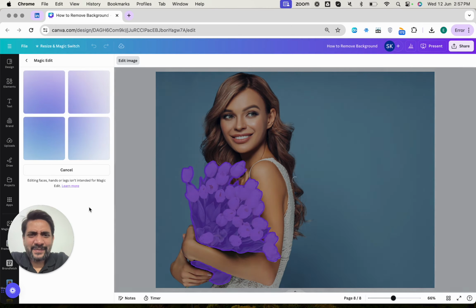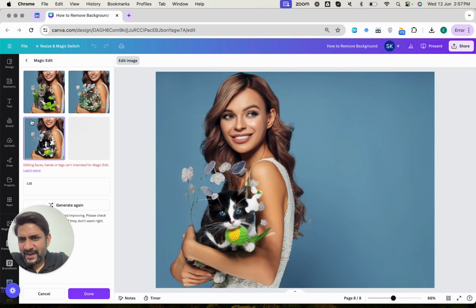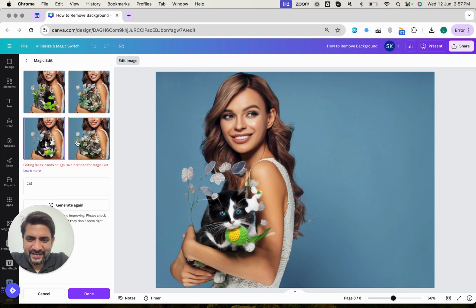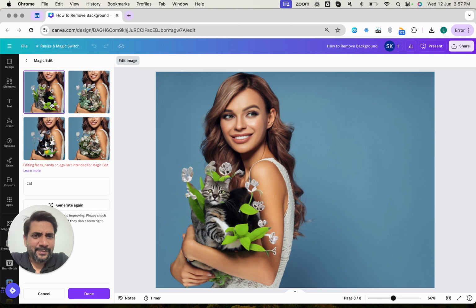The magic is happening. It's in progress. It's loading. And do we see? Are we going to see a cat? Yes, we have a cat here, but with some flowers and some not very well presented,